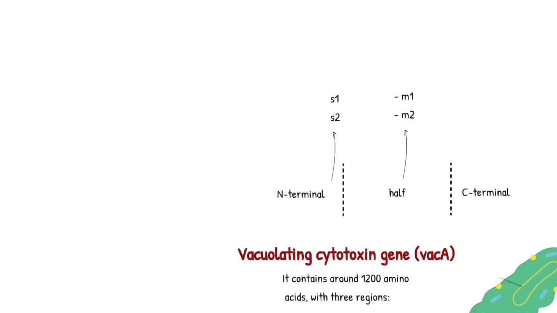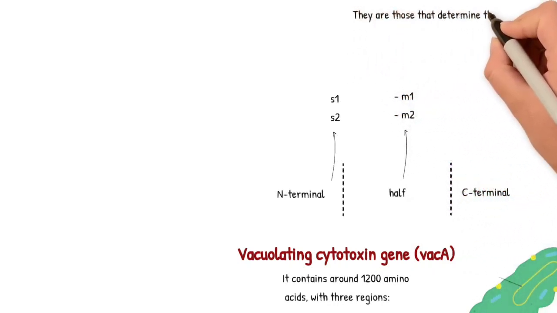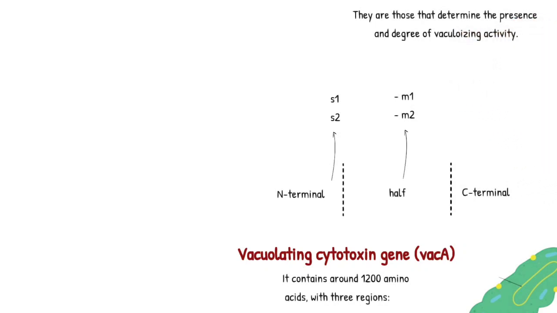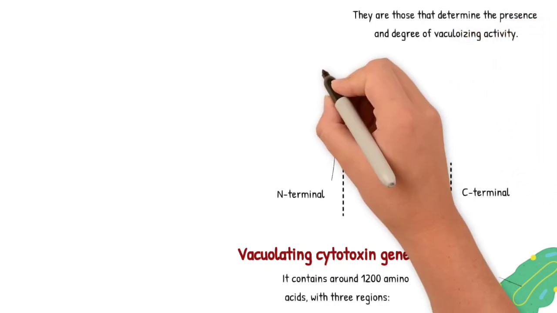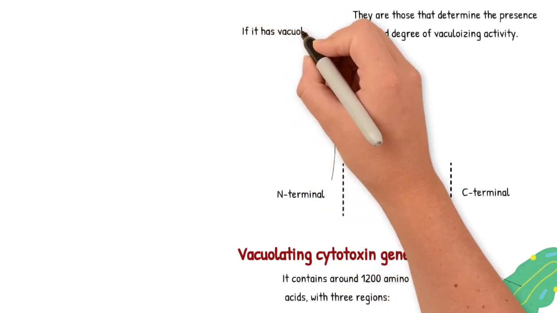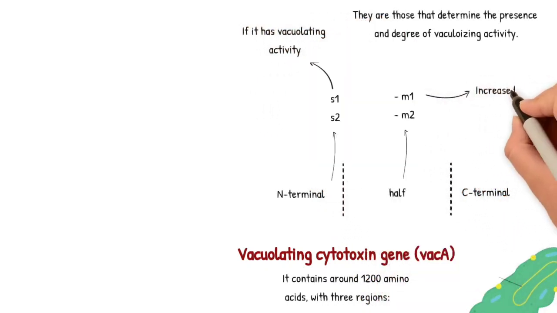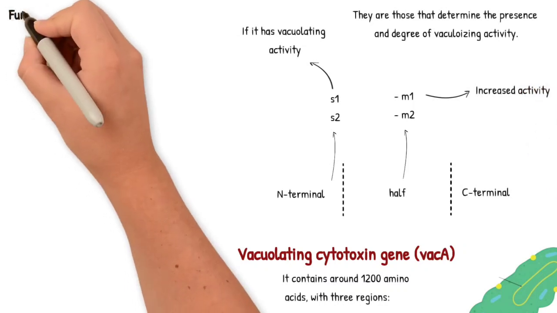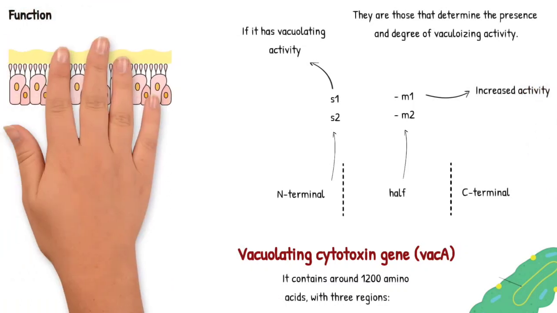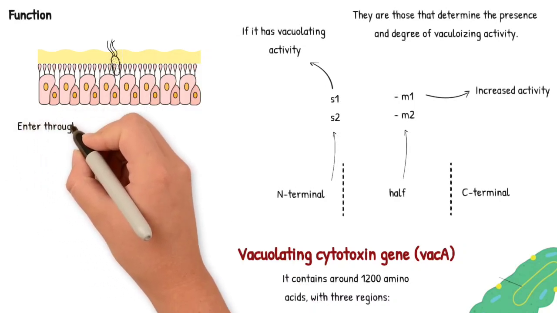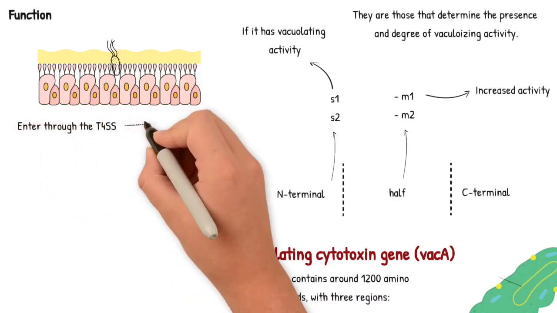According to the variation of the sequence signals, the presence and degree of vacuolating activity can be determined. S1 type sequence in the gene has vacuolating activity. Region M1 has more activity. The main activity used is the synthesis of vacuolating cytotoxin, which is secreted by the type 4 secretion system and